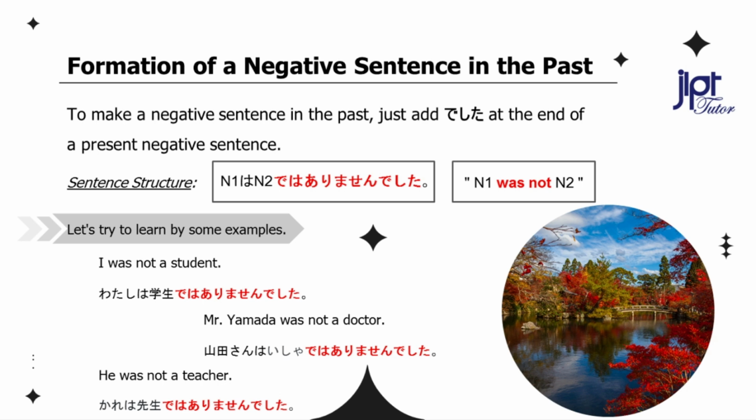I was not a student. 私は学生ではありませんでした。 Mr. Yamada was not a doctor. 山田さんは医者ではありませんでした。 He was not a teacher. 彼は先生ではありませんでした。